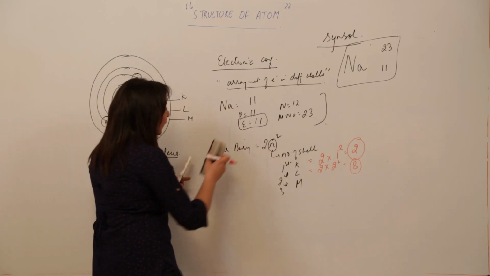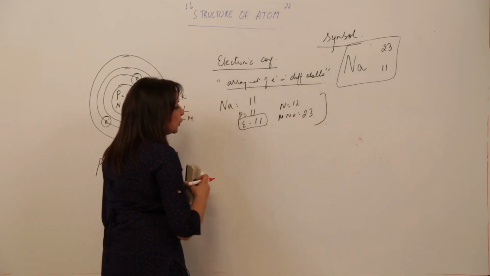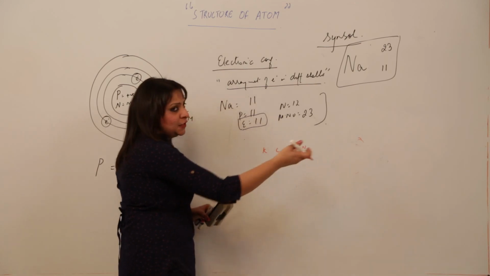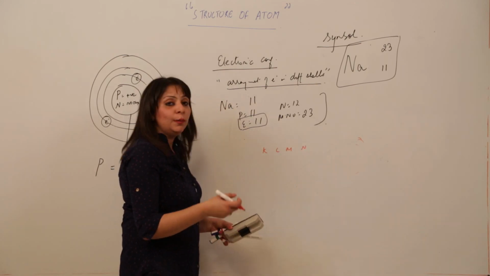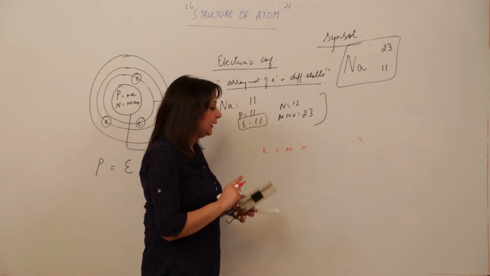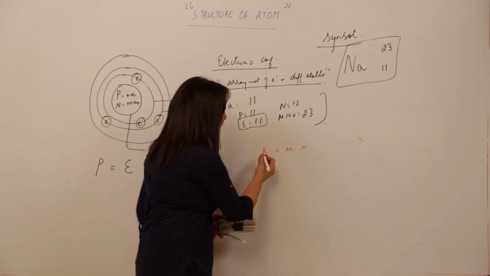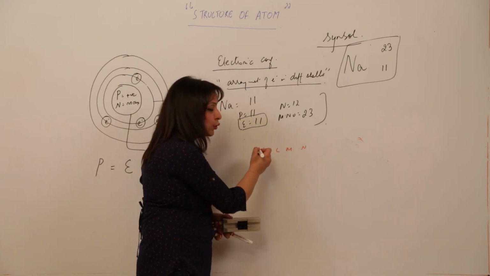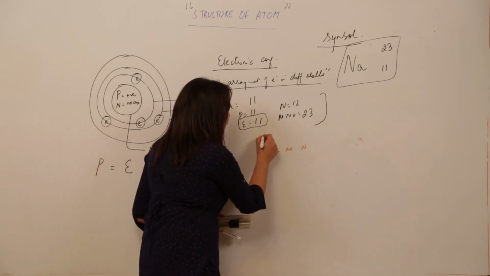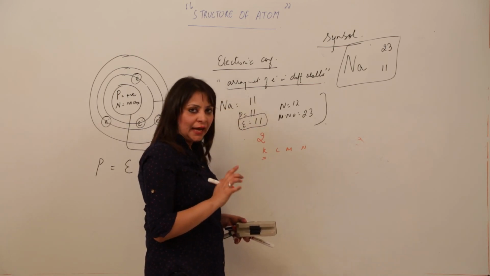Now in case of sodium, I told you that electrons are 11. So that means how are you going to arrange? First write as many shell names as you want, then we will fill these shells. Now the electrons are 11. Again I am repeating, electrons are 11. How will they be arranged? See, this is the first shell. I told you that in the first shell a maximum of 2 electrons can be there. So out of 11 I am putting 2 in K. How many are left? 9.